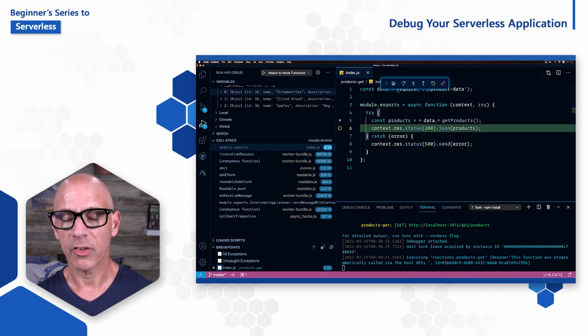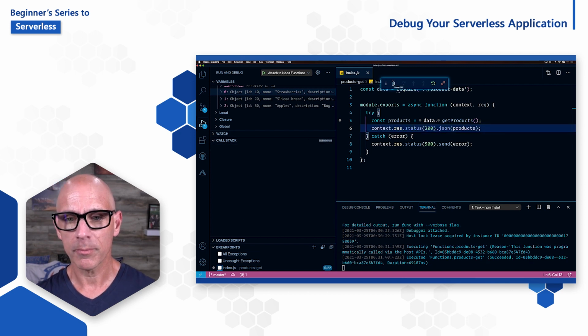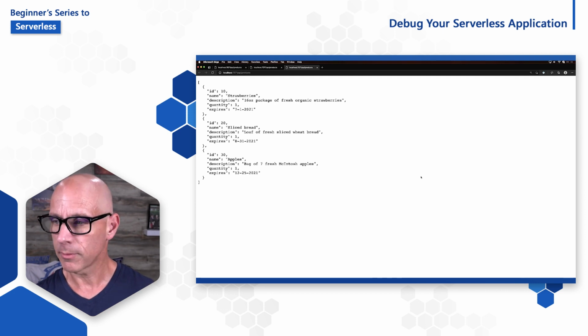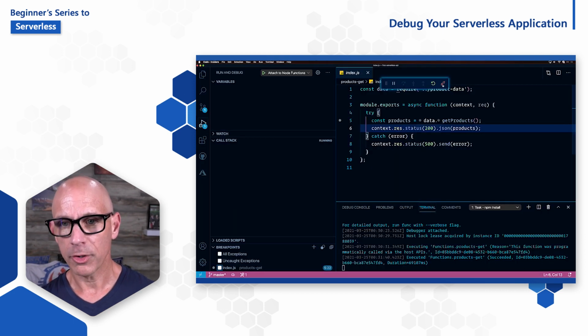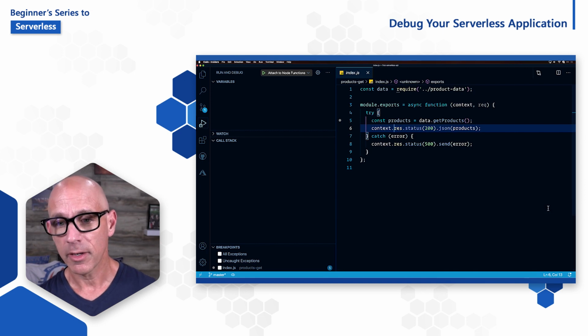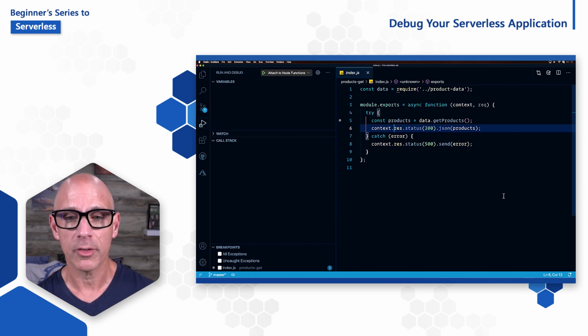And when I'm done, I can just click on the continue button up here, and therefore go back to Edge, and we can see that the function's running. Now when you're done with the debugger, you can disconnect up here, and just to clean up the resources, the terminal is telling you you can close it with any key, or you can hit the trash can icon over here on the right-hand side. And then you're ready for another debugging session when it's time.